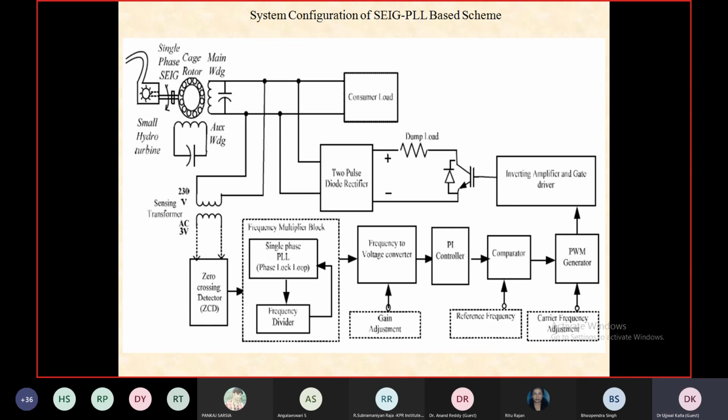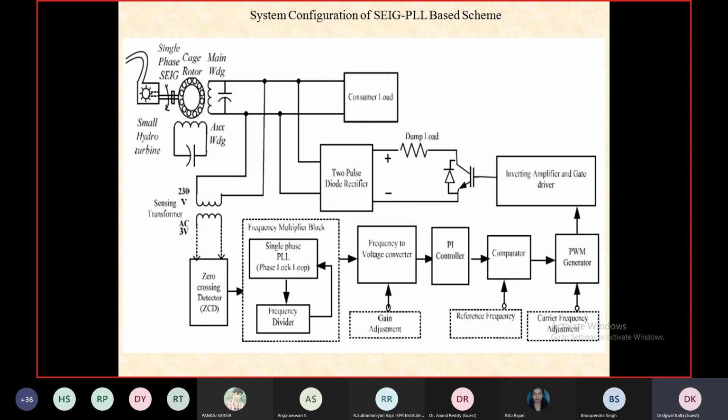So now the issue which needs to be addressed is to regulate the voltage and frequency under varying load conditions. Under varying load conditions, we require to control the output voltage and frequency of the generator. Now there are three approaches which are in practice. First approach,